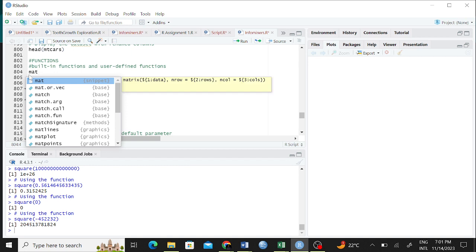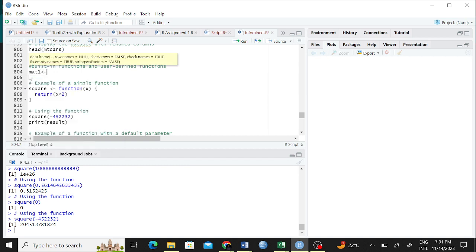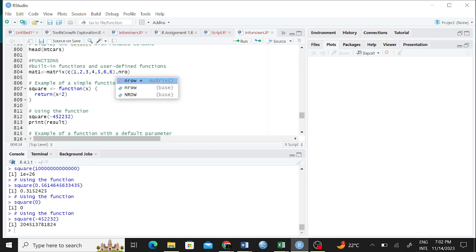If you write mat1, and write matrix, and write your c there, maybe 1, 2, 3, 4, and things like that, before you go to your nrow. R is going to know that mat1 is a matrix because you declared it by this matrix function.